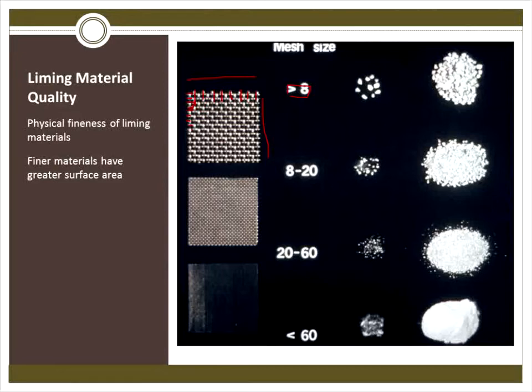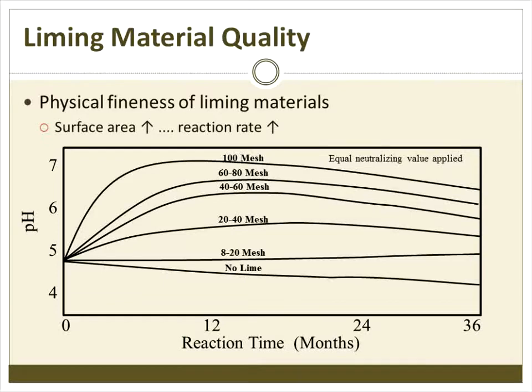Versus something that's 60 mesh, where there's 60 wires in an inch. So 8 mesh has much bigger squares than 60 mesh. So you get much smaller particles when you get to a higher number. Much smaller particles here versus here. What do we see happening? So we go out and we apply lime,